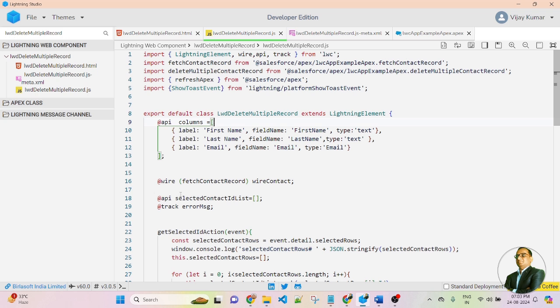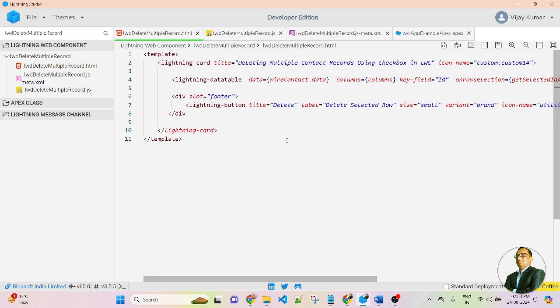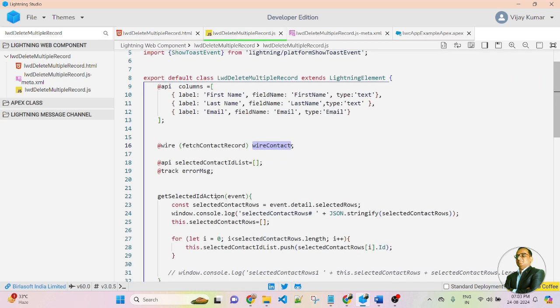After that, I am using the @wire decorator, and inside the wire decorator I am passing an imported method. So here you can see get page context record. This is the method name that is being imported. So this imported variable I am passing inside the wire decorator, and this is an adapter. This adapter wire content I am passing to the LWC component here in the data. So here I am passing wire contact dot data, right? That means it will be the whole list of the contact records.